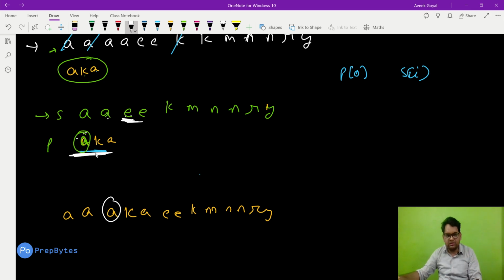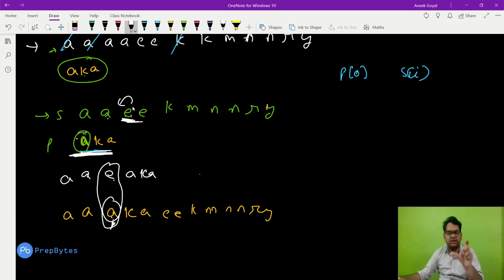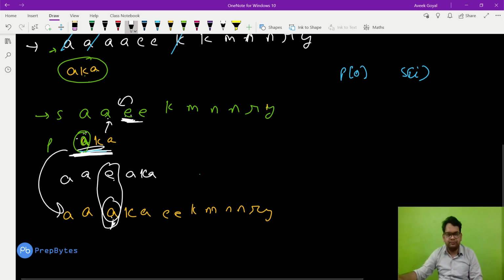Because if it is coming after E, I do not need to check here only. We can see that A is smaller than E. That's why I am checking the first character. The first character of P needs to be matched. Since A is smaller than E, definitely this whole substring will come before in the lexicographically smallest anagram. So I will simply insert this substring here and we get this as the answer.